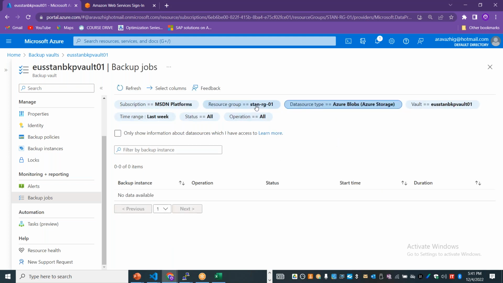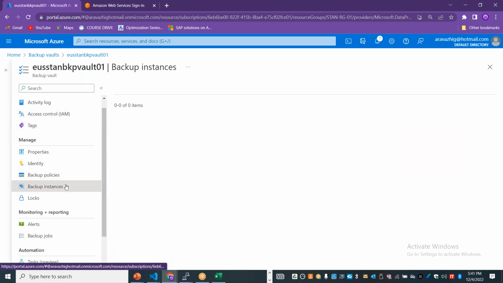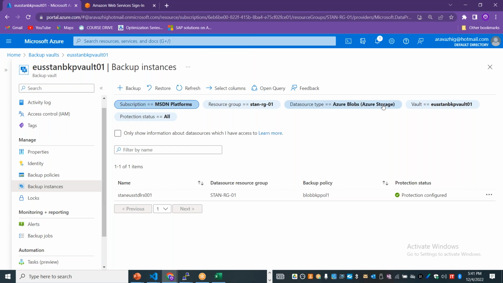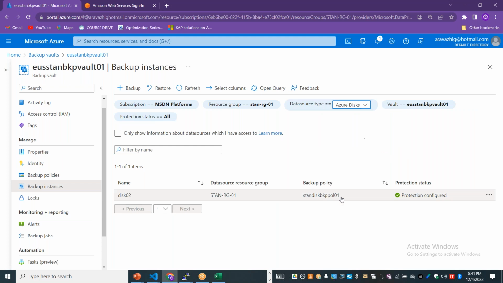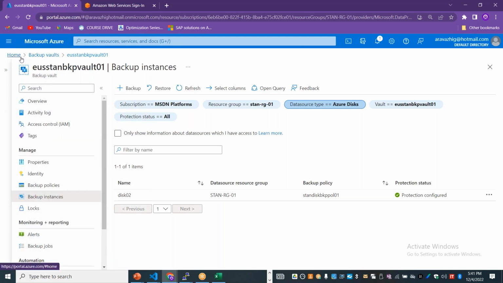Okay, but here the resource group is limited to my own resource group. I don't want to limit that. I want to check all the options. Let's see. Let's go and look at the backup instances. Okay, so here we can see that we have configured backup for Azure Disk, and we have configured backup for Azure Blobs and Azure Disk, both of them. Okay, the protection is configured. So we saw how to do all these things, and we can also look at the other option,